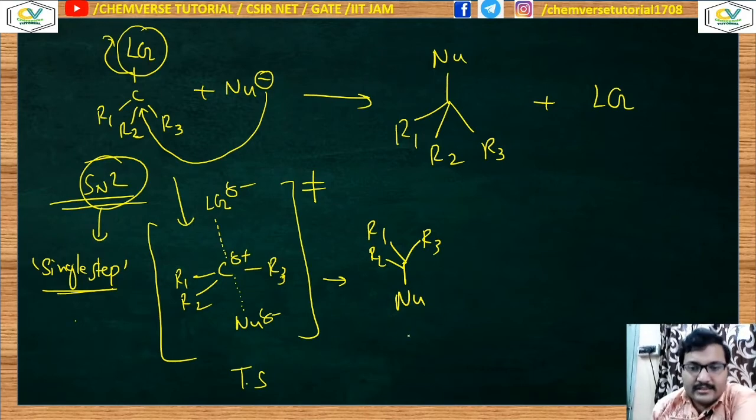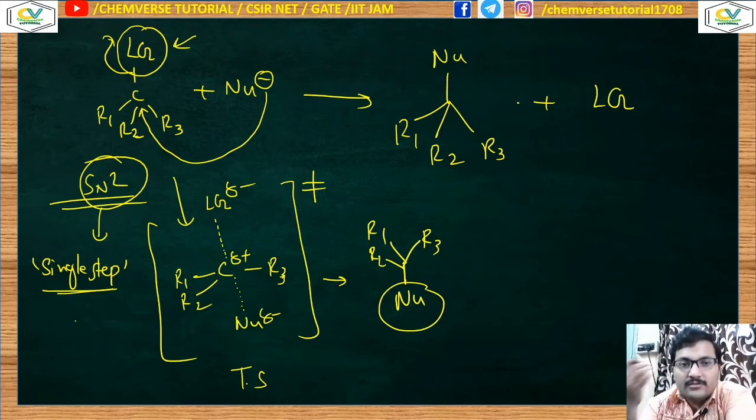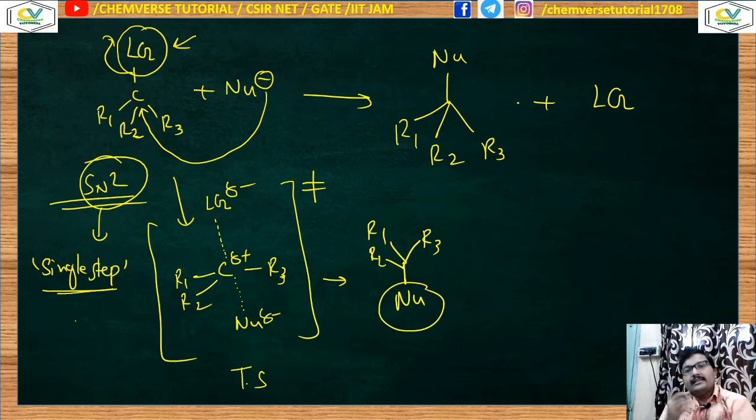Now if you take a look at the product and compare it with the starting material, the nucleophile is present in the opposite direction with respect to the position where the leaving group was present. This is obvious because the nucleophile has to form a bond simultaneously at the moment when the carbon is throwing away the leaving group. So the only option for the nucleophile is to attack from the backside. If the backside attack occurs, automatically inversion will take place. So it is our inverted product. So inversion is taking place.